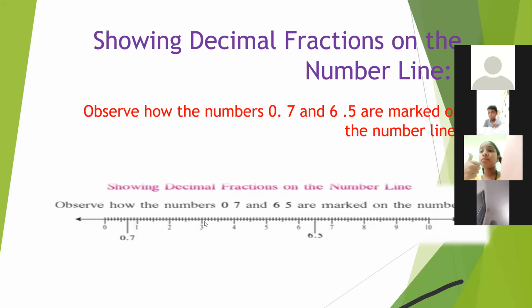Okay, very good. Then similarly, you will count 6.5. See here, here it is 6. Then what you will count here? 6.1, 6.2, 6.3, 6.4, and here it is 6.5. All of you getting this thing? How you will show the number on number line? As you have read this in earlier classes also. So once again, I have repeated this.